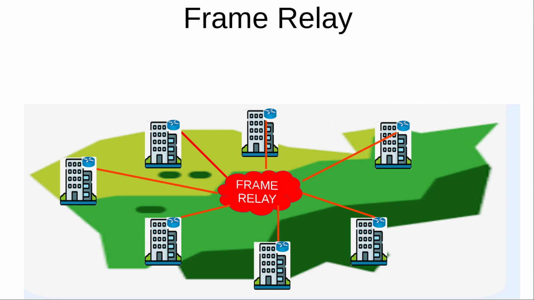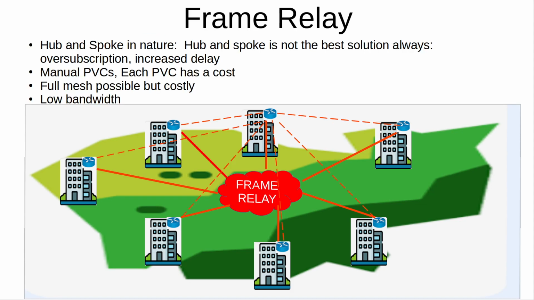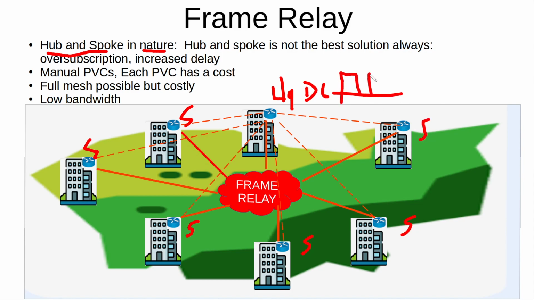In the 90s, frame relay was heavily used. Frame relay was a hub and spoke solution in nature. So you have one side that becomes the hub, usually your headquarters or data center, and the other remote sites will be the spokes. Given you will have your servers and applications installed in your hub, your remote sites or spokes will be trying to access those applications through the hub.